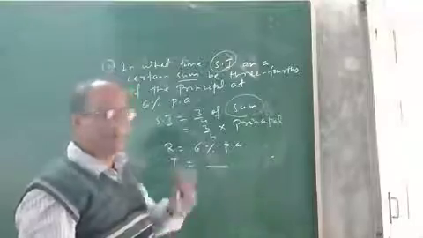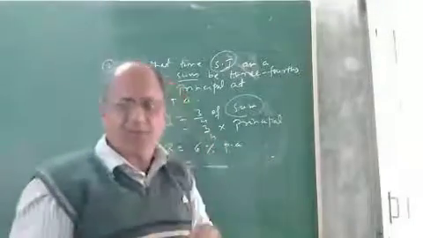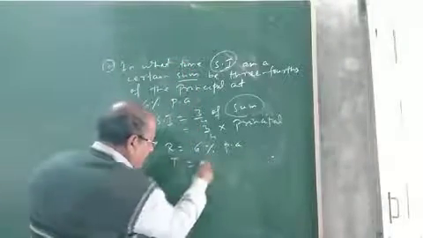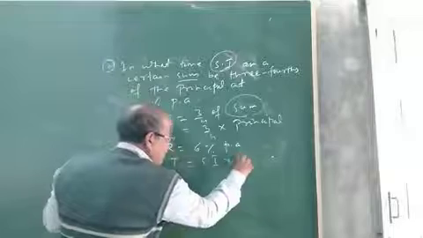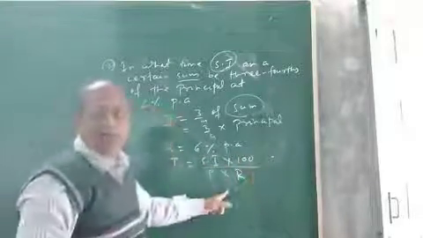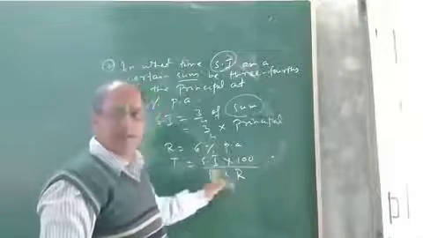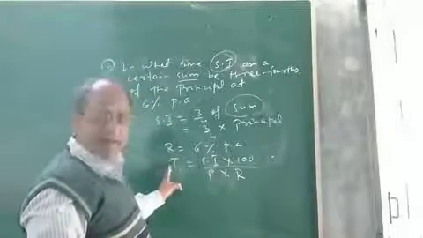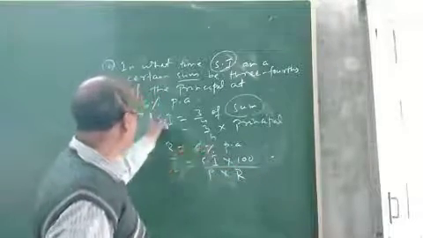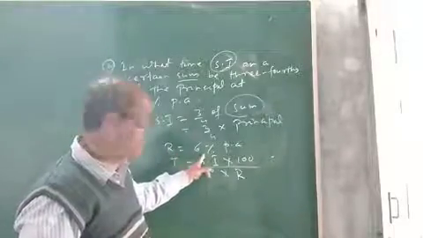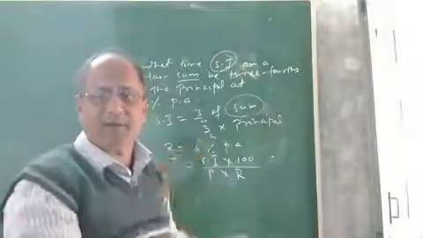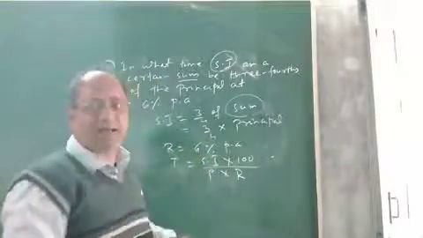How to get it? See, children, in order to calculate the time period, there is a formula. I hope you know what the formula is. To calculate time period, we use this formula: simple interest into 100 by principal into rate. You have to remember this one. This is the formula to find the time period: simple interest into 100 by P into R. In this particular question, we only know the value of R. The value of R is given, but we do not know what the principal and the simple interest are. So unless we find the principal and simple interest, we cannot find the time period.